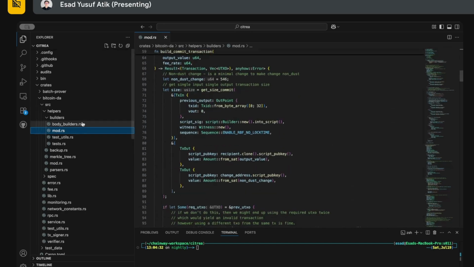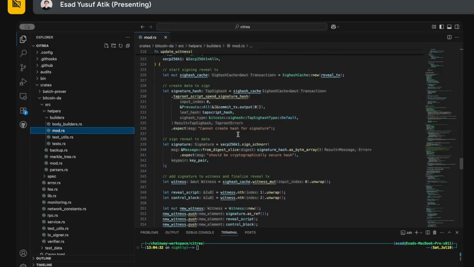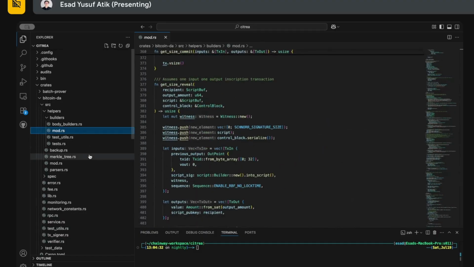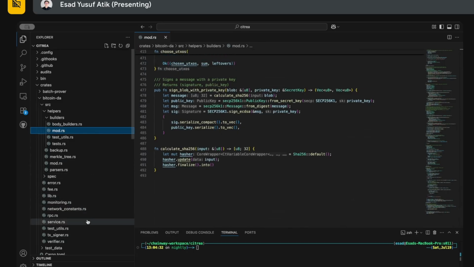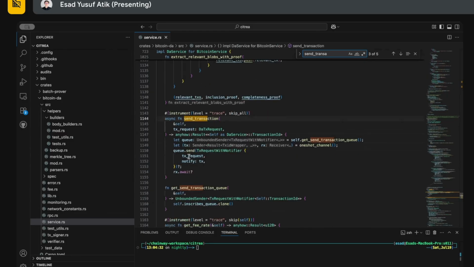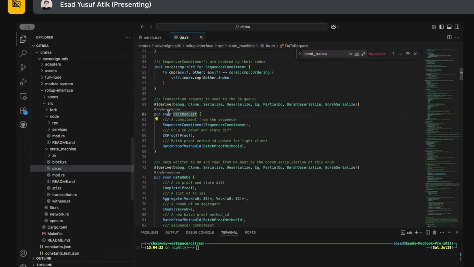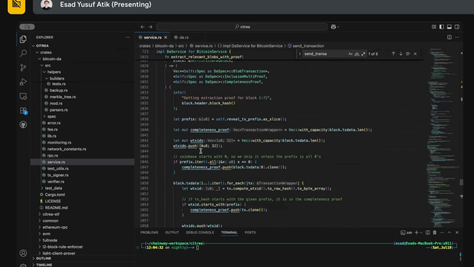Let me show, maybe. So in service, let's go to send transaction. The transaction can be a sequencer commitment, a ZK proof, or any batch proof method ID, which we'll go into detail later. And so we send these transactions